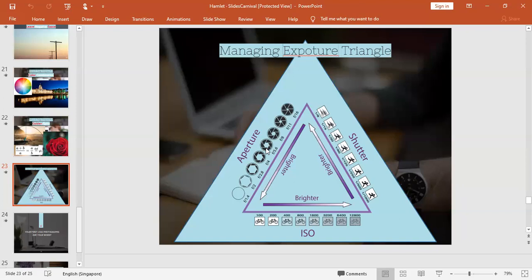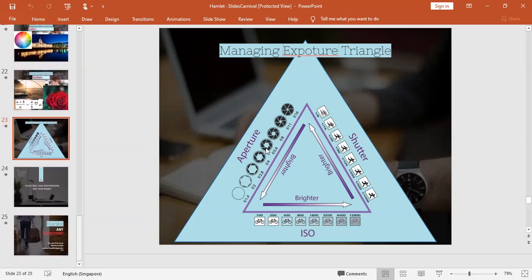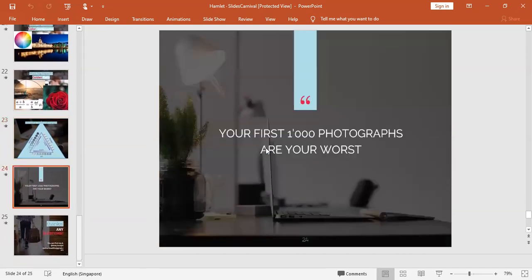Okay. So how do we have to take a picture? If we want to increase or decrease aperture, shutter speed and ISO, all those things I will be explaining. So don't worry, I will be explaining in brief. Okay, so I'm going to conclude the session. Just for now, that's all for today.